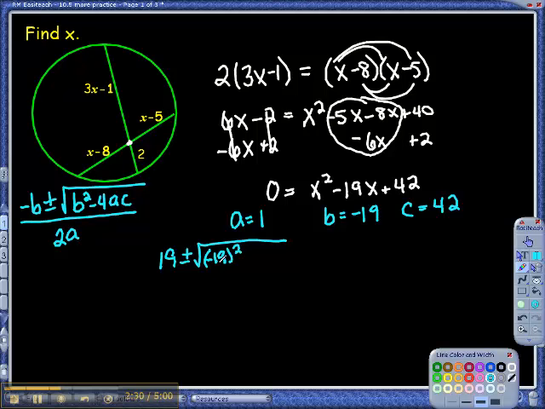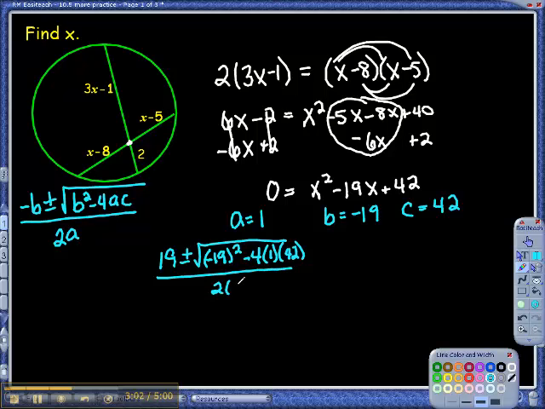And be careful to always put that number that you're putting in place of a variable in parentheses, because if you square a negative 19, you should end up with a positive number. But if you didn't use parentheses around that negative 19 and you type it in, your calculator is smarter than you think. It's following order of operations, but you're telling it that you're doing the opposite of 19 squared rather than negative 19 squared. So there's our b squared minus 4 times a times c,